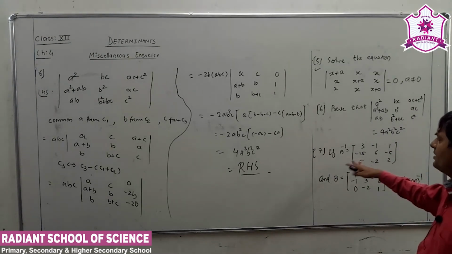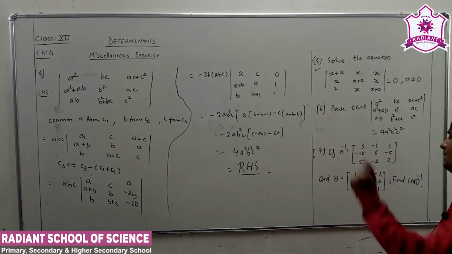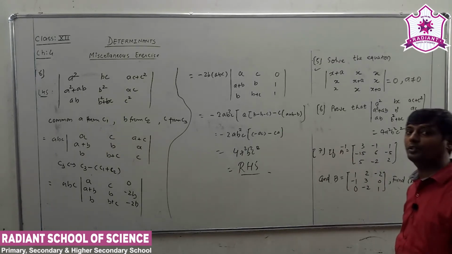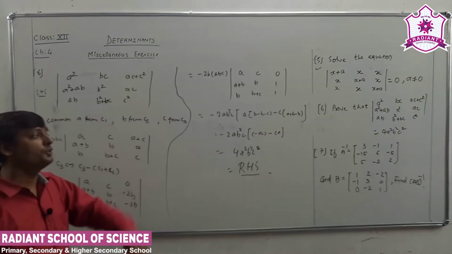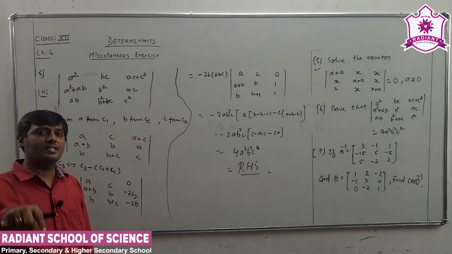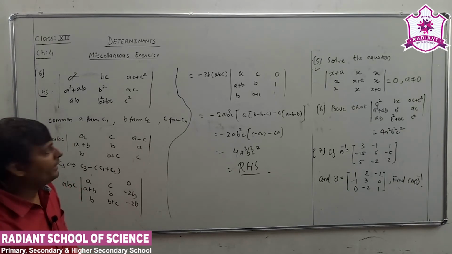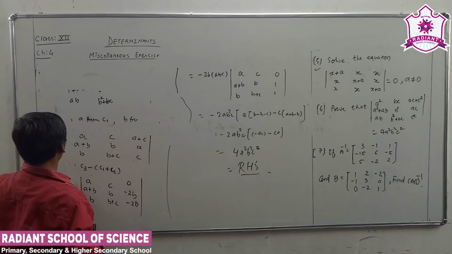The final exercise, miscellaneous exercise, right. Okay, now the last question, that is the 7th for today's lecture. Okay, A inverse is given, matrix B is given, you find out the AB inverse. Here you use the property, and then it is very easy to do this, right? You know that AB inverse is equal to B inverse into A inverse, right? So always this kind of sum is solved by these methods.